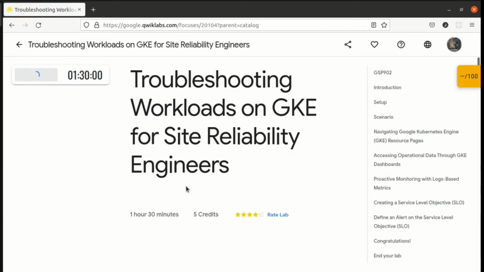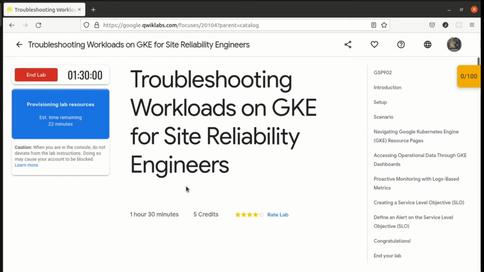Okay, let the lab be started, and all the resources are being set up for us. It may take some time because these labs are sometimes bigger, so it may take some time for provisioning the lab resources.